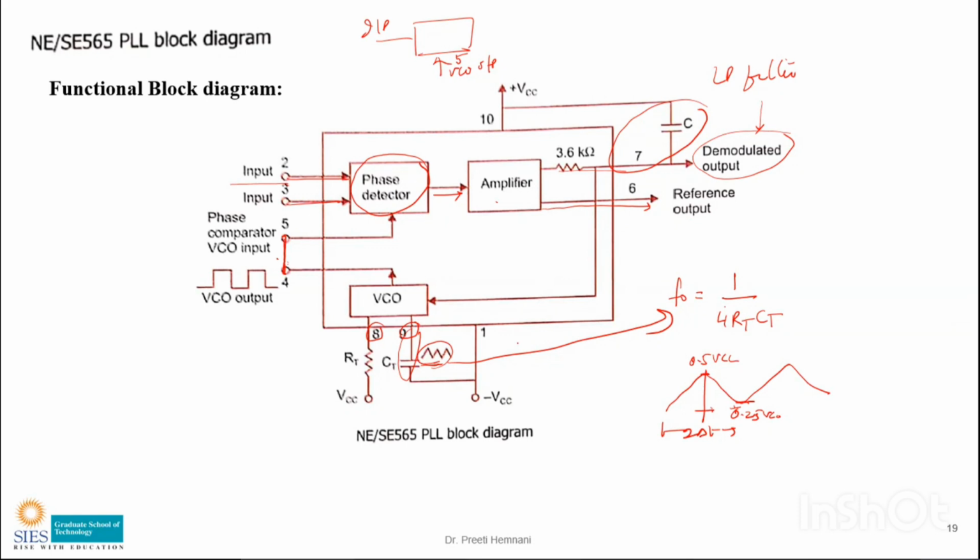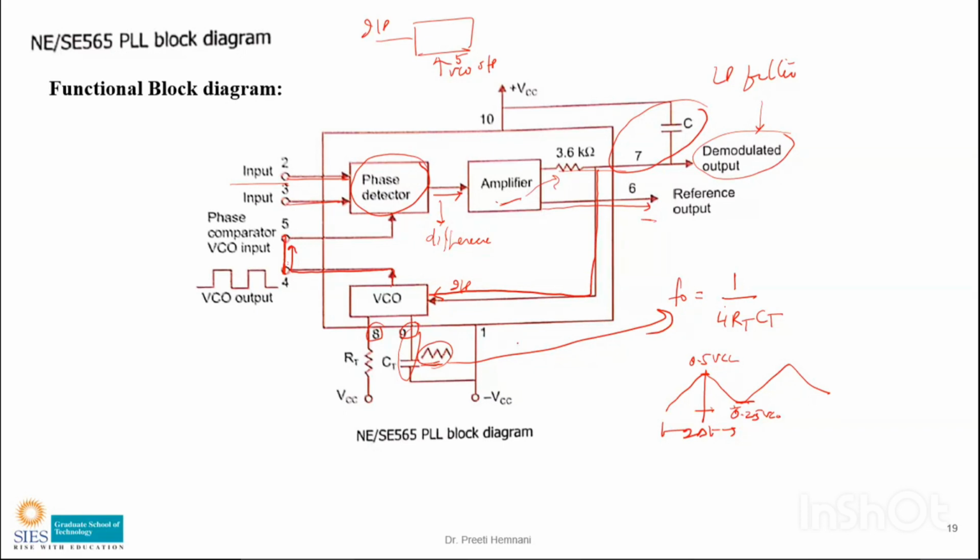Okay, so this is the PLL which is shown here, and now you know the operation also. See how it is done. The phase detector will give you the difference, which is nothing but the phase difference between the input and the VCO output, and it will be amplified. The amplifier output is given to a low pass filter, and this is the reference output, and the low pass filter output is given to the VCO. You can see this is connected to the VCO. After the low pass filter, the signal goes to the VCO. This is the VCO input, and the VCO output is going back to the phase detector.